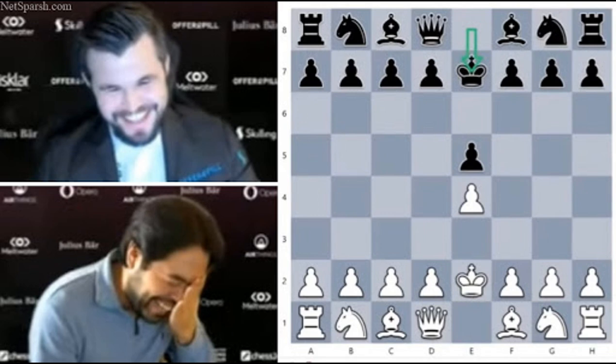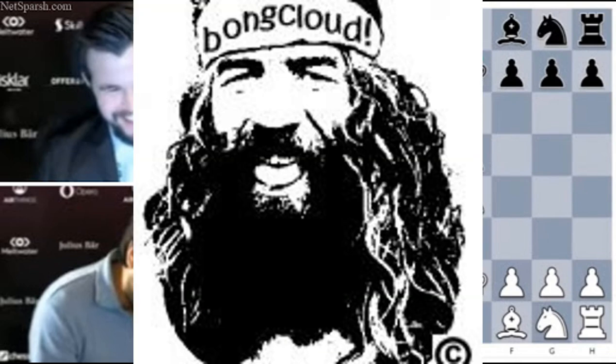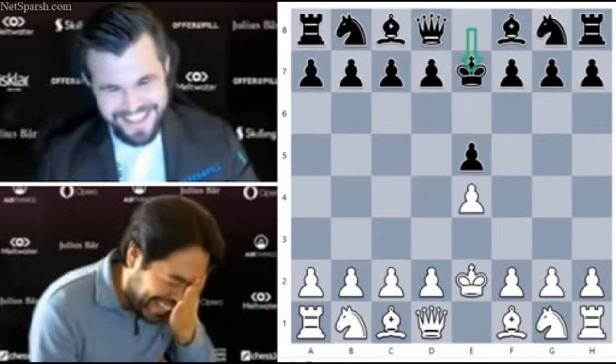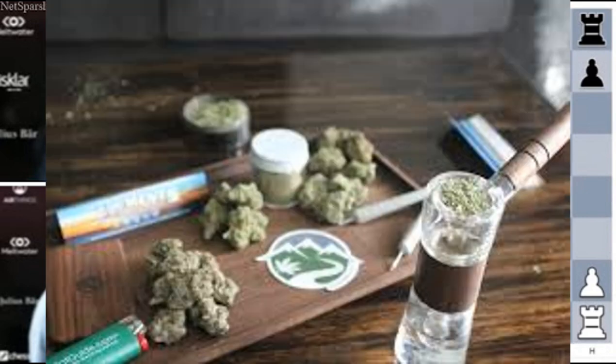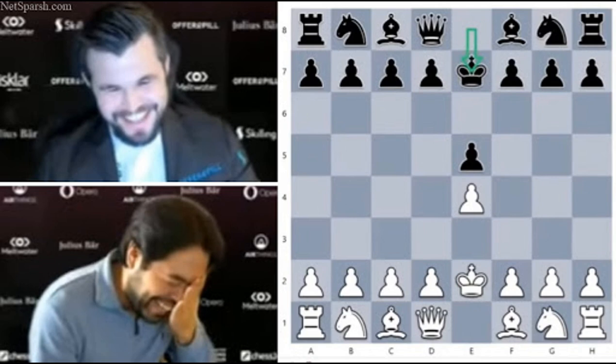Now let me tell you a little bit about the BongCloud. The opening's name is thought to originate either from the chess.com user Lenny BongCloud, who uses the opening to little success, or to more generally be a reference to a bong, a device used for consuming cannabis. The opening garnered a cult reputation amidst the rise of internet chess. And no, I didn't copy that whole thing off of Wikipedia. Stop accusing me of everything, man.